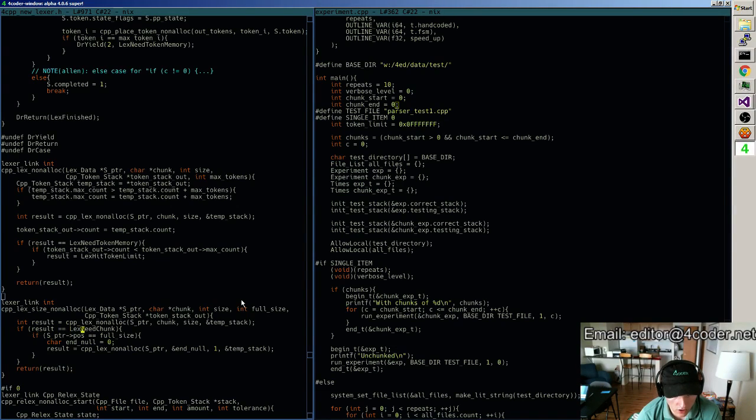But if we need a chunk, check and see, are we actually at the end? And if so, try to null terminate. But the problem that could happen is that even though we null terminate, it might go, oh, I need memory, or I need token memory. So if that comes back as need token memory, what do we do? And the answer is something like,